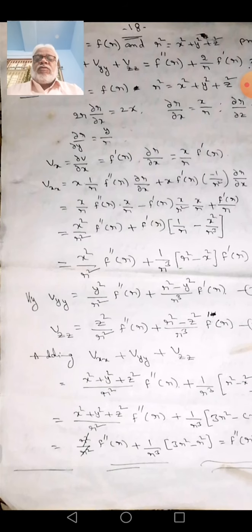By some work we find the values of vx. From vx we find vxx. Actually we want to find vyy also, with this same process, but the terms are the same. That's why we write here vyy is equal to y square. This must depend upon the marks of the question. If it is a long question, you elaborate the vy and vyy also. Otherwise, in short questions, you write vxx from this, and similarly vyy and vzz also.